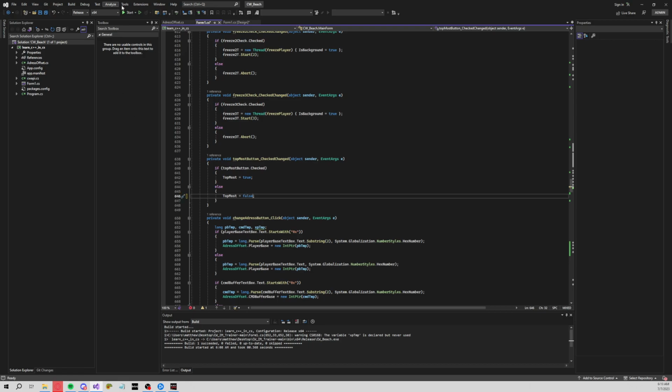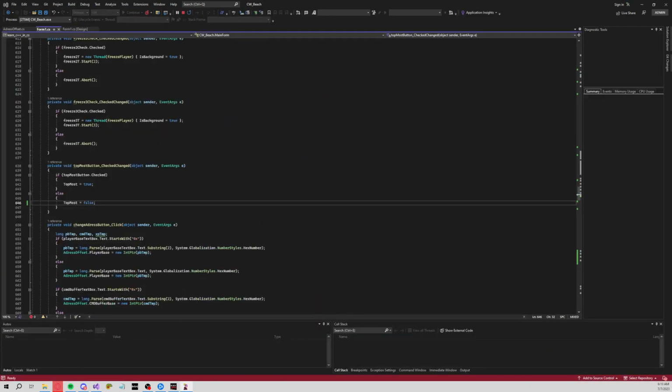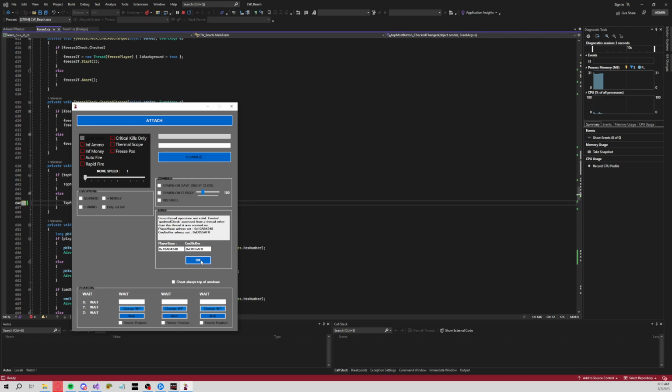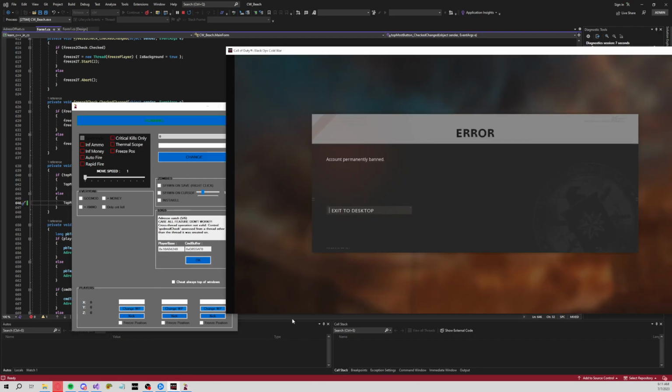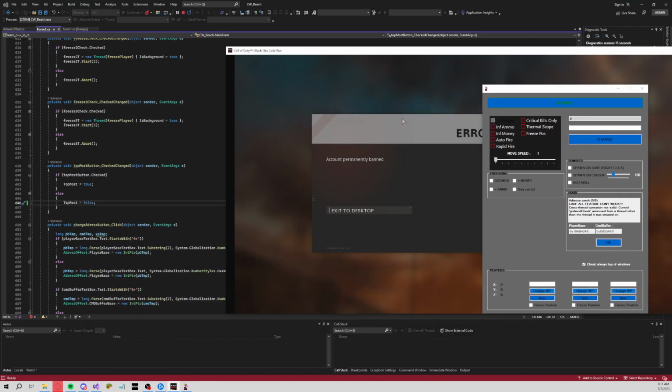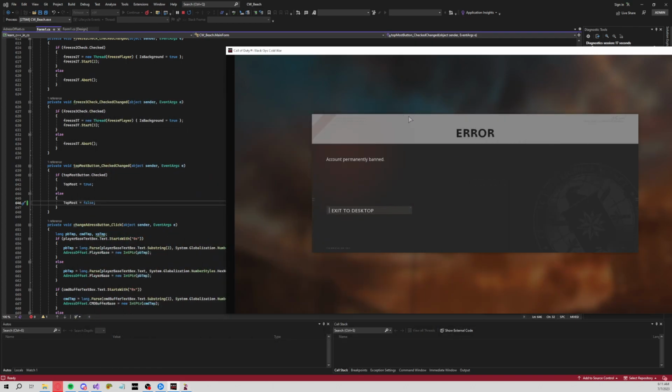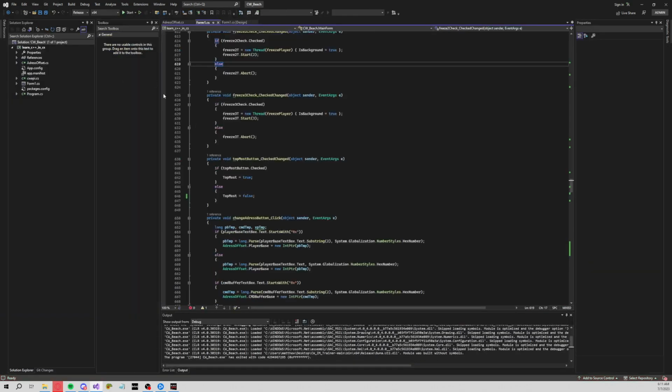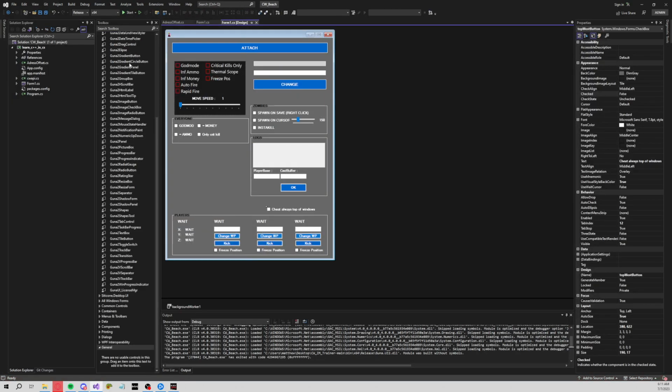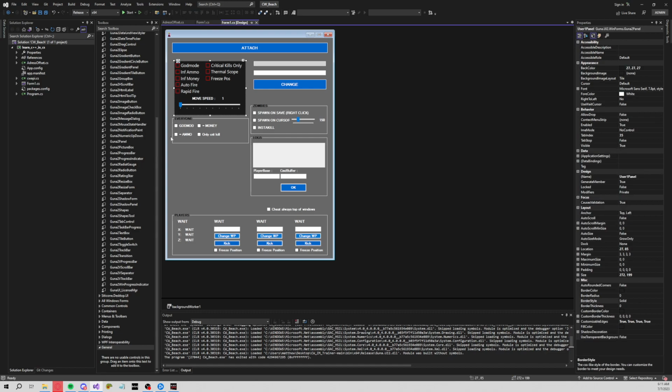So now, if I were to start it, now if I went in here, clicked cheat always on top, got it over here, it'll let me bring it down, and if I disable it, it'll let me bring it down. Okay. So then, you want to copy this,